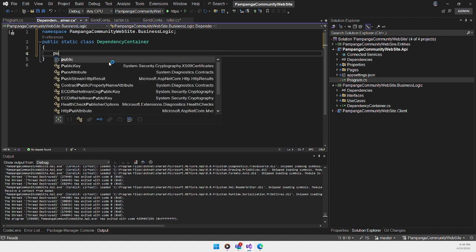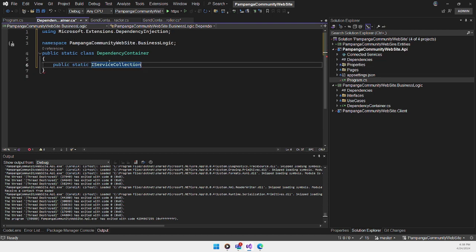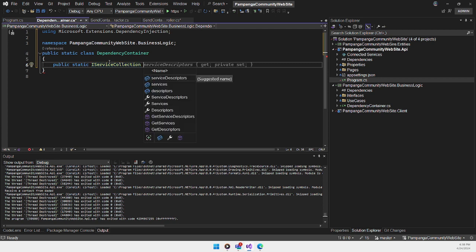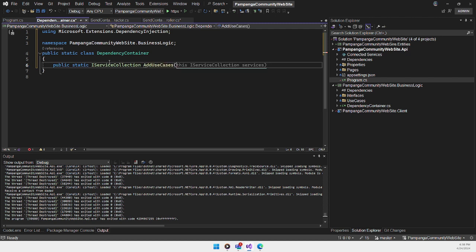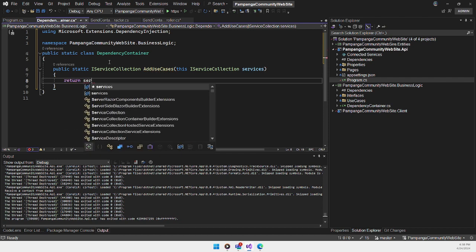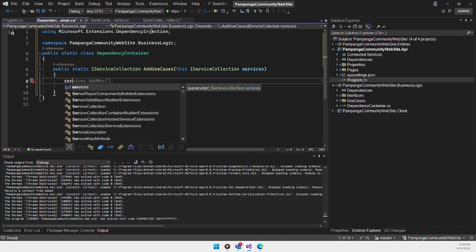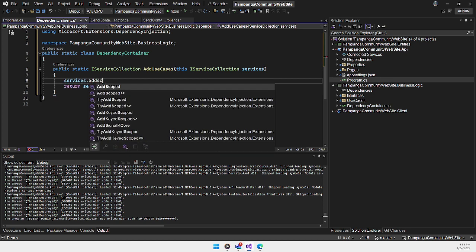I need a public static service collection method, and I'm going to use my AddUseCases to extend my service collection. First, I'm going to return services so it can be chained, and then I'm going to register the services I'm still implementing. So services.AddScope,